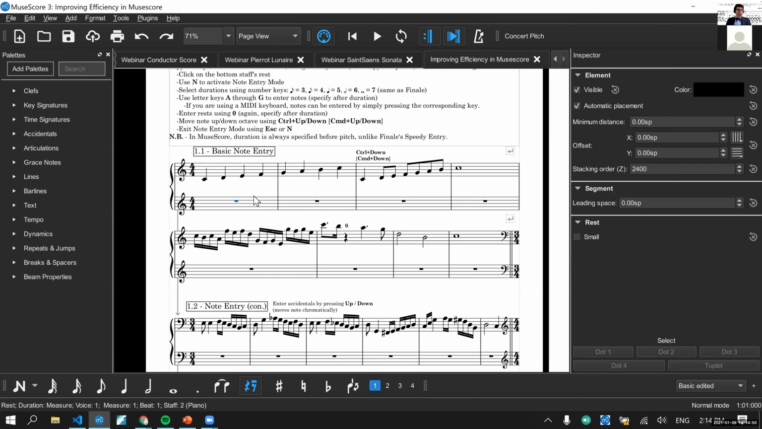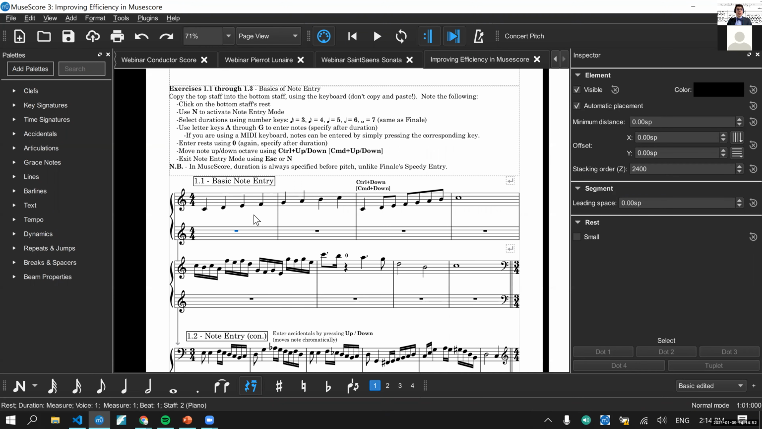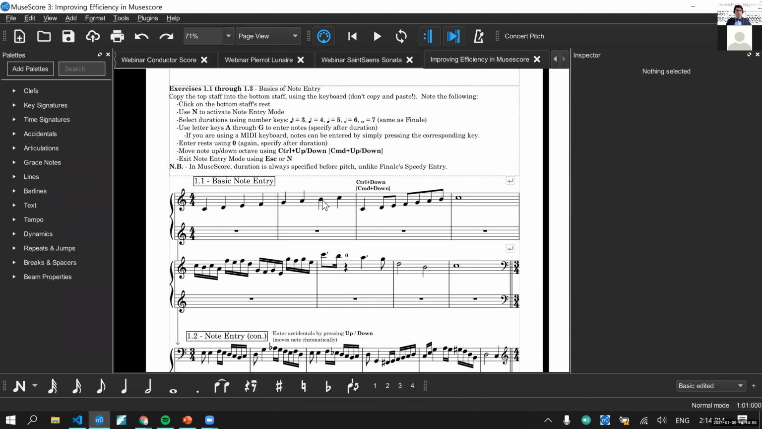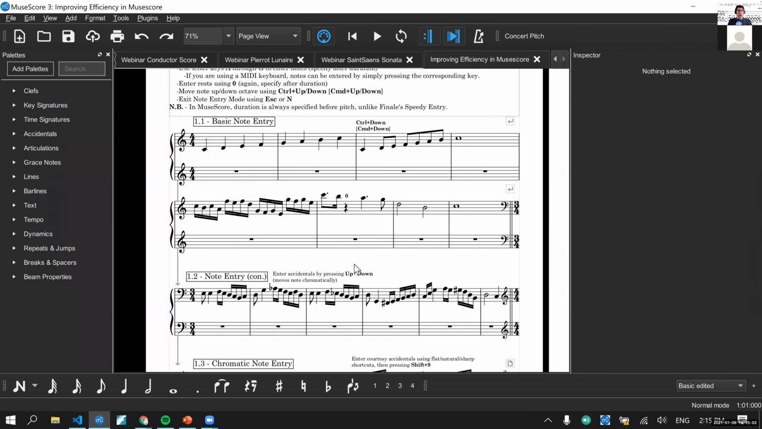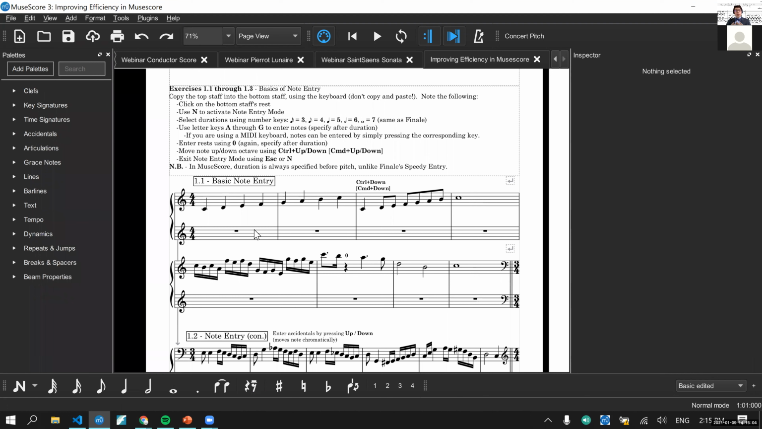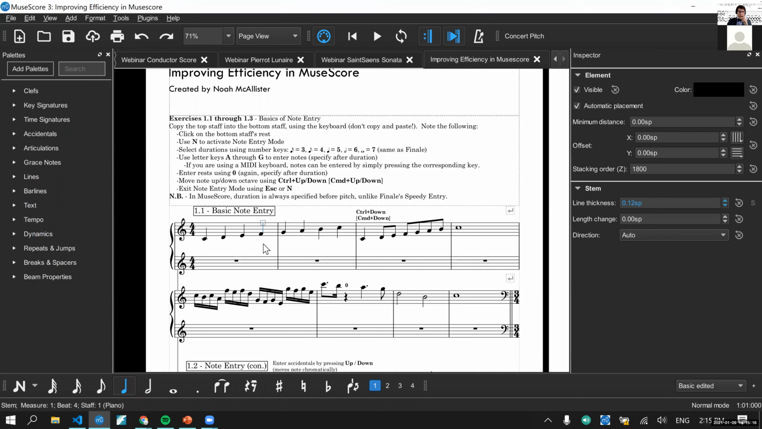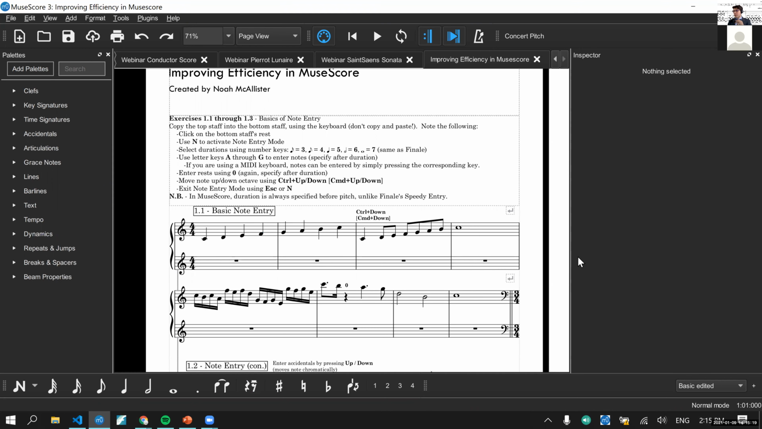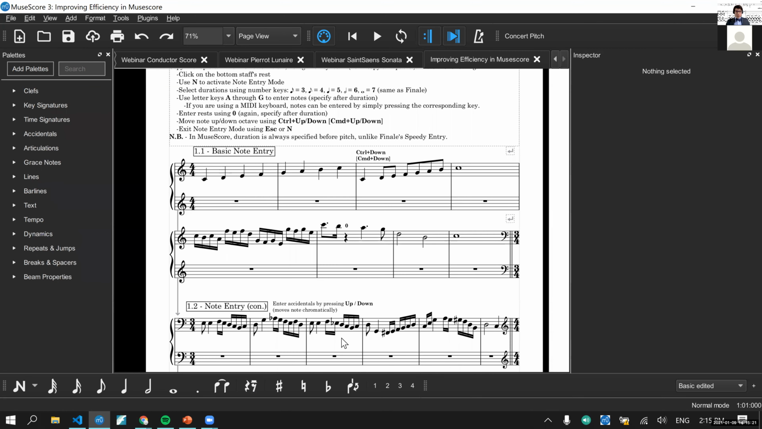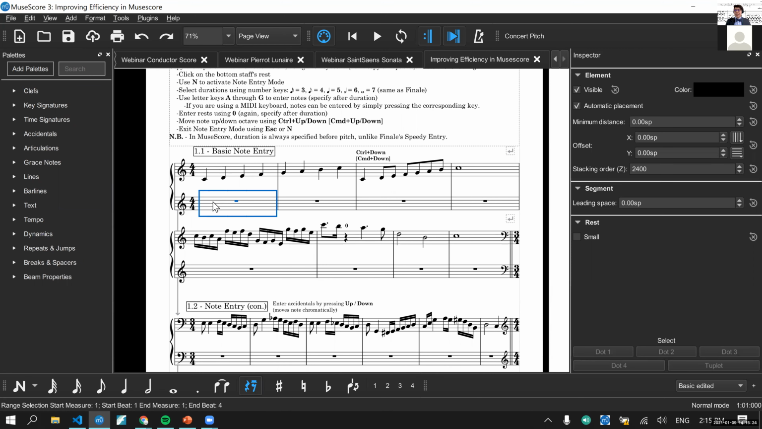So, for exercises 1.1 to 1.3, we're going to look at the basics of note entry. In MuseScore, there are different modes. When we're just out and we're not entering music, it's the normal mode, as we see here. But in order to enter music,